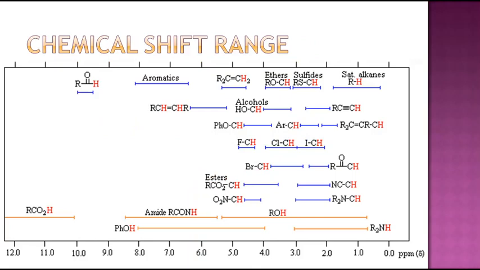Right, you can see the chemical shift range here. I have explained the chemical shift value, but this table will explain which compound gives in which range. Carboxylic acid is usually above 10 to 12. Aldehyde hydrogen is around 10, and aromatics are in the range of 6.5 to 8, and phenolic starts from 4 to 8 in a different region. You can see this table is available in many books. You can refer to the chemical shift value to see which kind of proton it is.